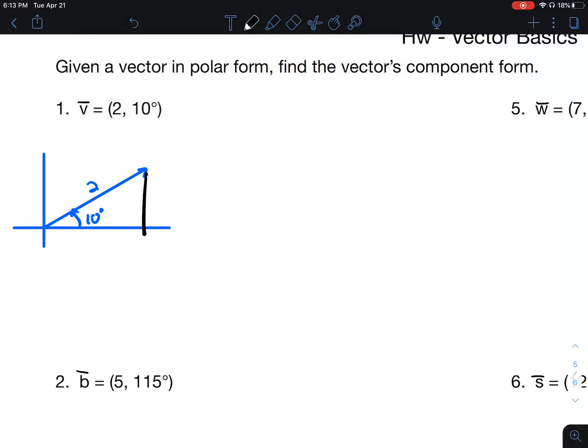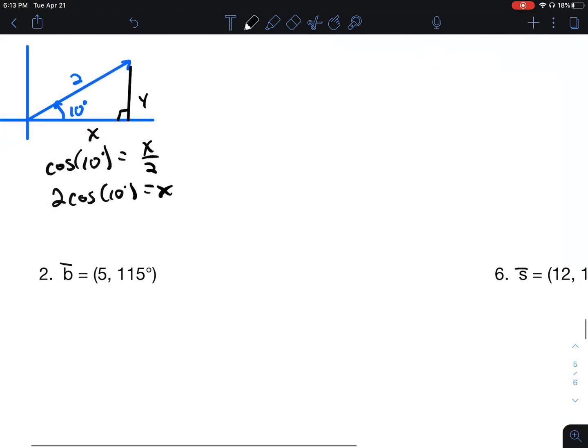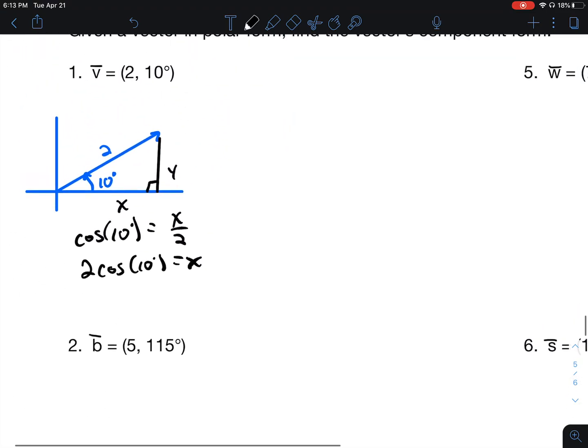If we make a reference triangle for this, and we wanted to figure out what x was, we would do cosine of 10 degrees is x over r, which makes x 2 cosine of 10. If you put that into your calculator,